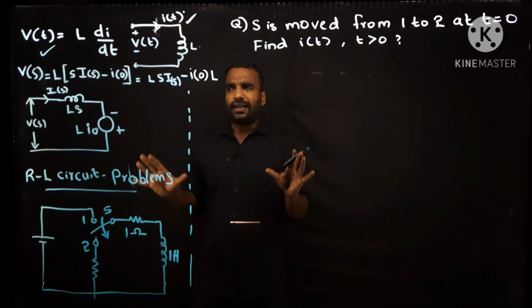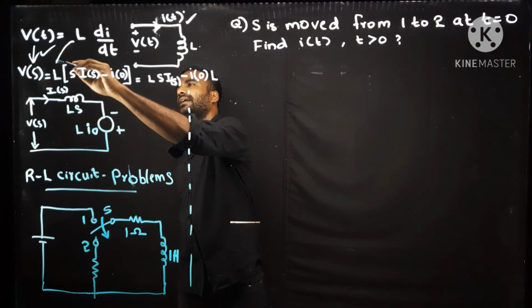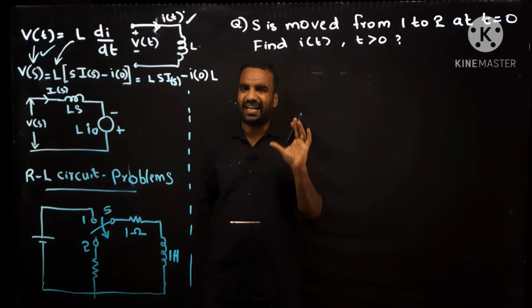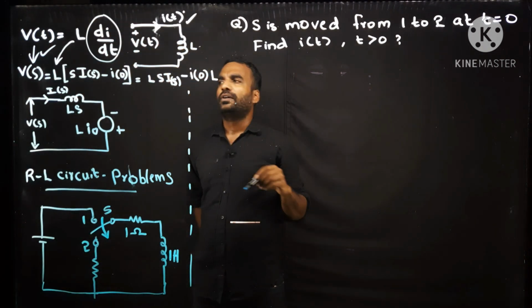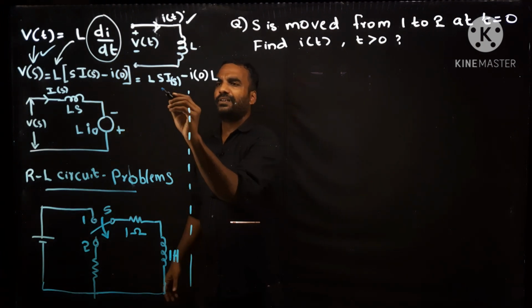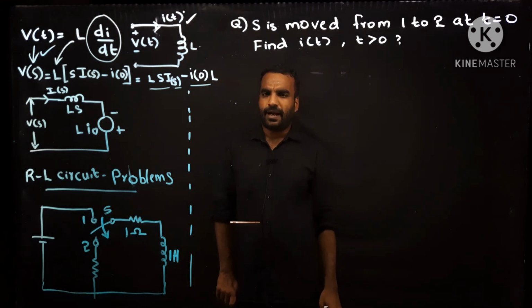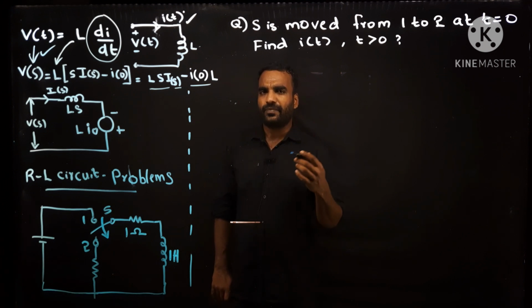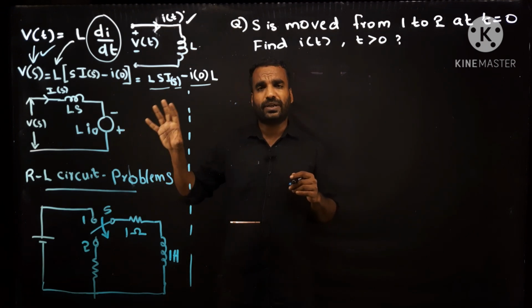Now I am directly applying Laplace transform. v of t is transformed as V of s. L is L itself. di by dt is s I of s minus i0. It's a standard expression, conversion of a differential equation. di by dt is a differential form, so its Laplace is s I of s minus i0. If I open this bracket, we will get L s I of s minus L i0. Up to this, I hope it was there in the last class. That's why I am going with some more acceleration. If you have any doubts, you can check the last video.